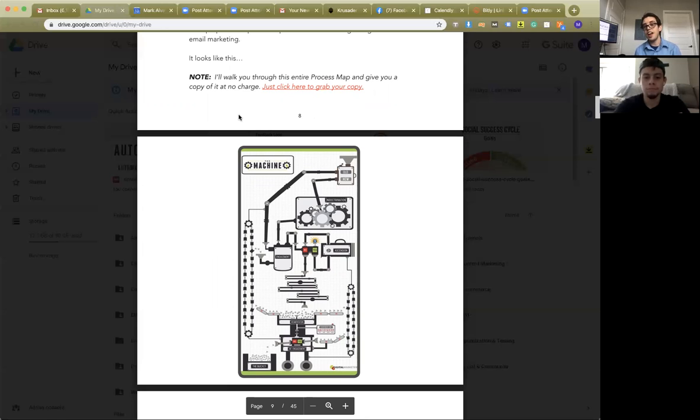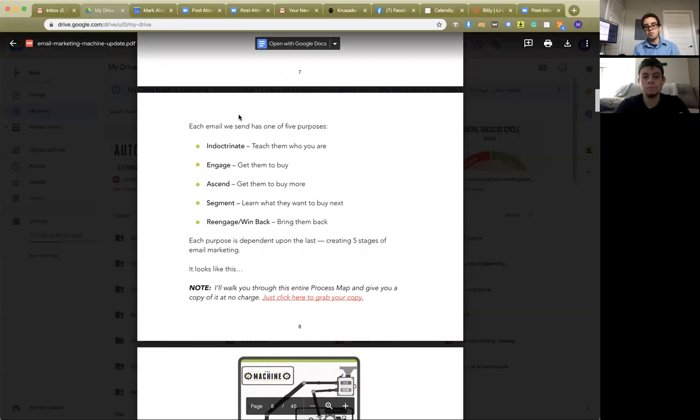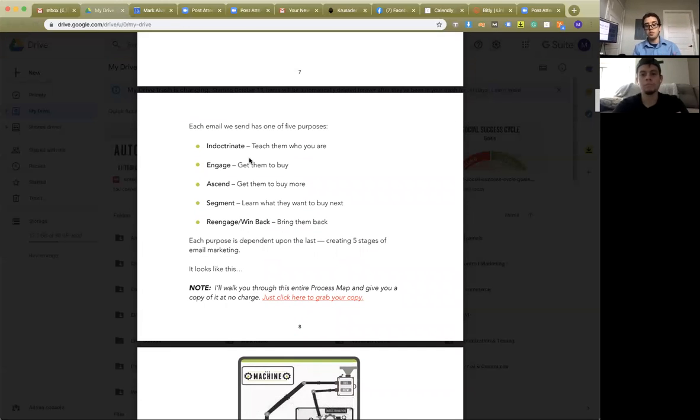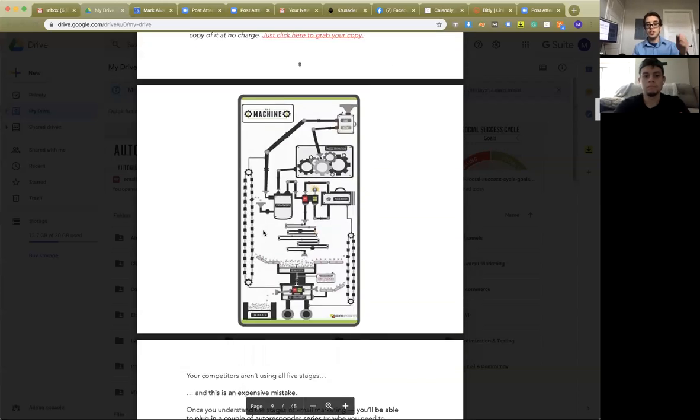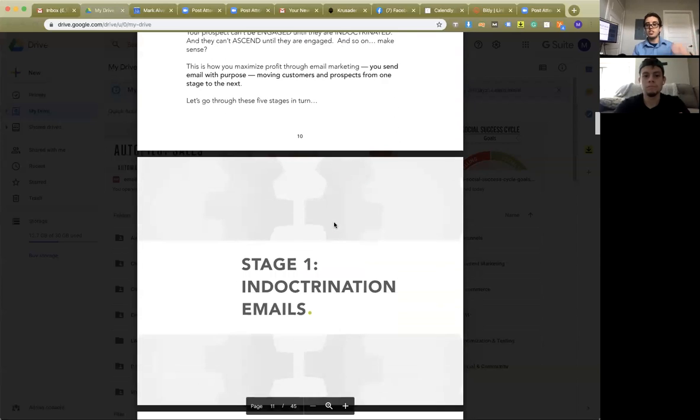So thinking of it as a machine, what do you do with the machine? Does technology just stand still once you build it? Do you just keep doing the same thing once it's created? No, you innovate upon it, you build upon it, you make it better. So understanding how to use these emails and how to filter them up and down the cycle is going to save you money.